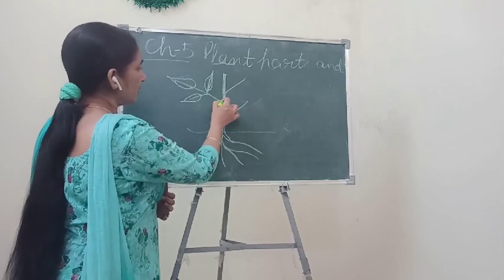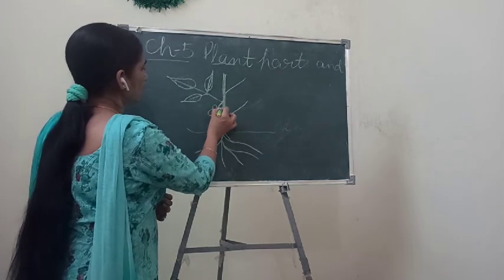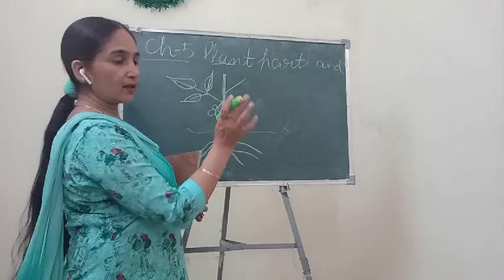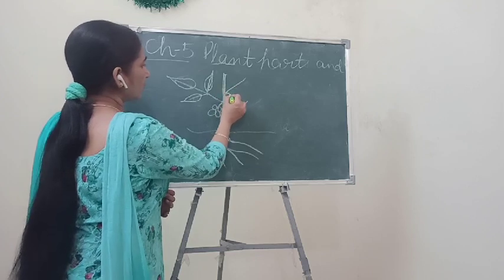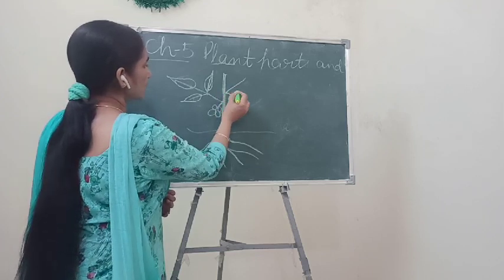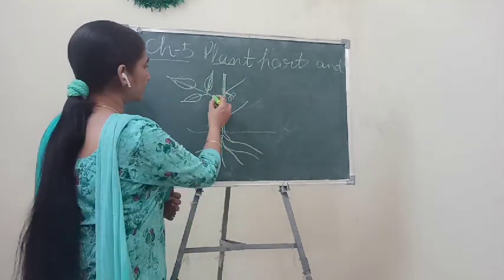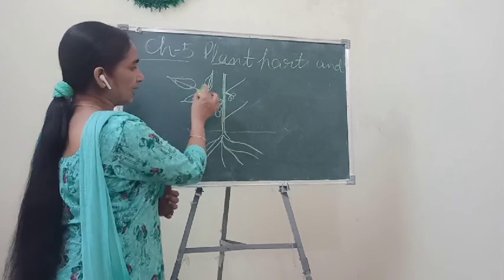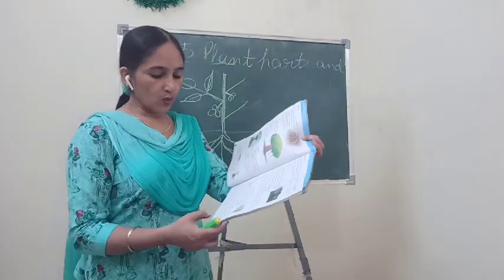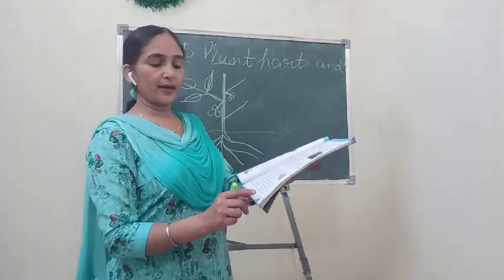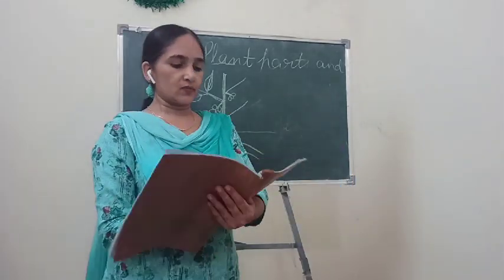Suppose here is one kind of flower, so this flower is also getting food through this stem, and if here any kind of fruits are there, suppose like this, any fruit is there, this fruit will also get food from these leaves through the stem only. Understand? So here no word stomata will come. Here you can write down the word stem. Okay. So let's read the next one.